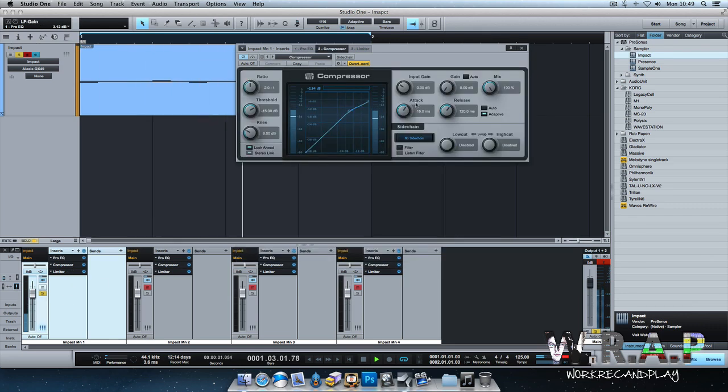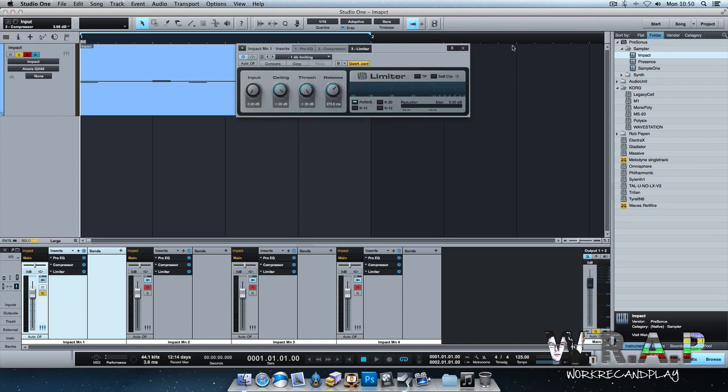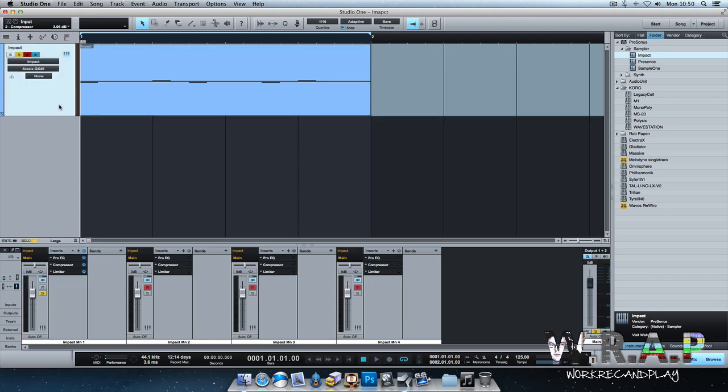I'm listening purely through my iMac speakers, so it's not going to be the best example, but okay, so for example here, my limiter, this channel here has already got information on it. So if I was to turn these ones off, you're going to see that this channel here, this kick channel, has got effects. So I want to render them effects so that when I get my audio channel appear, there's going to be nothing on it. That means that everything is put onto that audio channel, but I can go back if I want. So I'm going to right click,